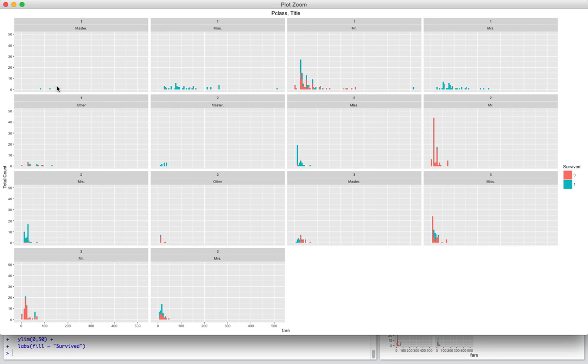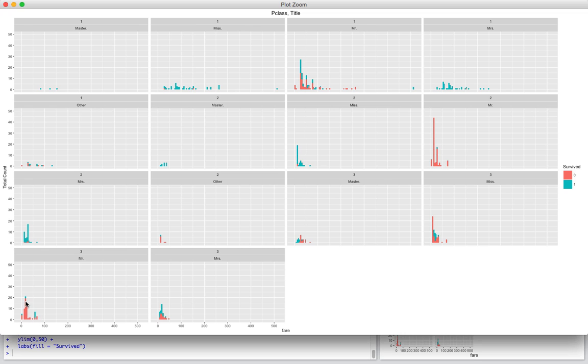Same thing for Master in first class, the title of Master in first class. And then some breakouts here. Misses in first class, so this would be adult married women. Almost all turquoise, just a little bit of orange, again what we would expect. And then going all the way down to adult males in third class with the title of Mr. Yeah, not too great. There's a small blip here where you say, well, is there some signal there? Maybe, but